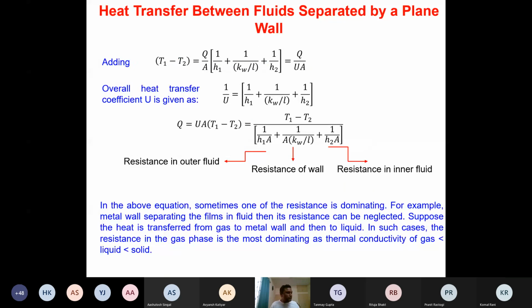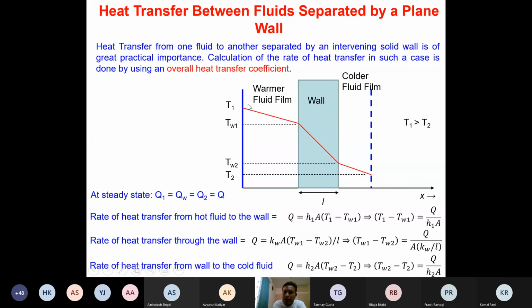Okay. So now individual temperatures we have obtained in these three layers, isn't it? We have obtained the temperature difference in this layer, temperature difference in this layer, and temperature difference in this layer. If we add these three temperature differences, we are going to get the temperature difference between the bulk of the two liquids. Remember, the bulk temperature of the warm fluid is T1 and the bulk temperature of the cold fluid